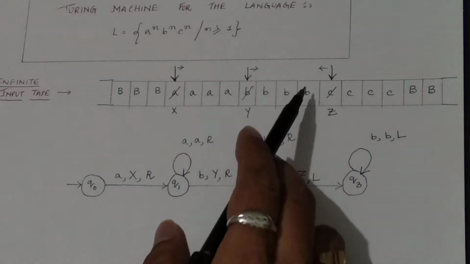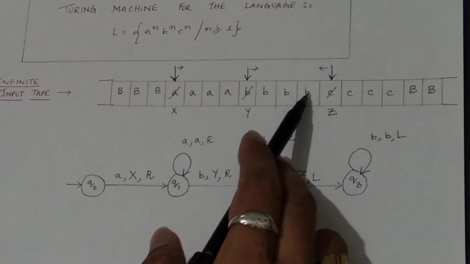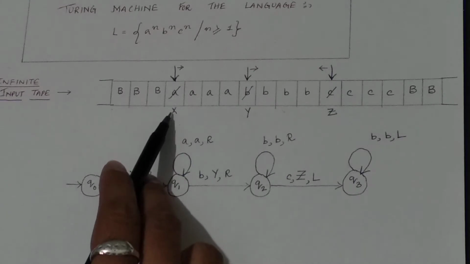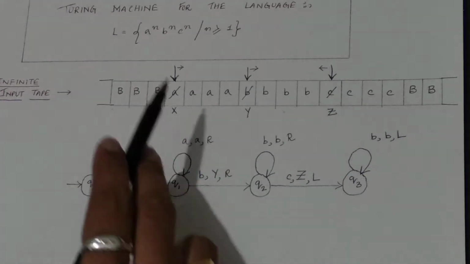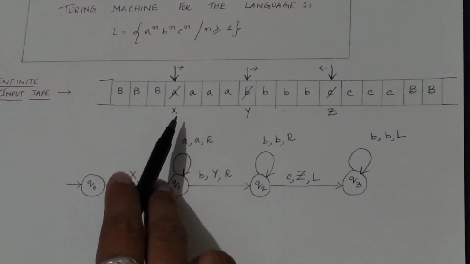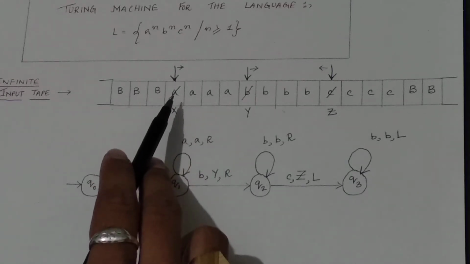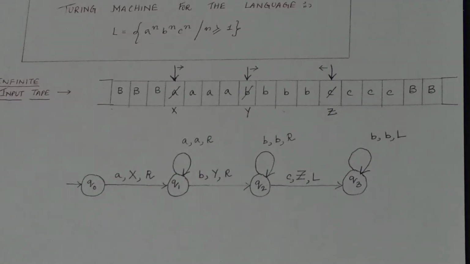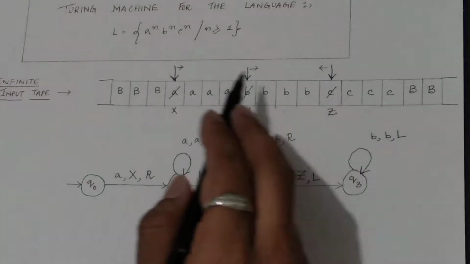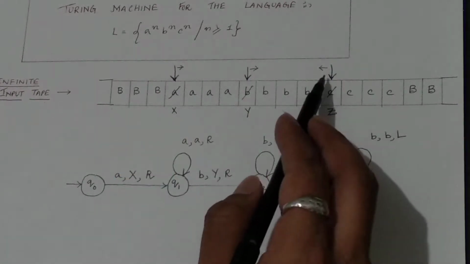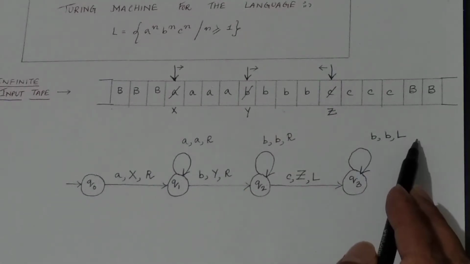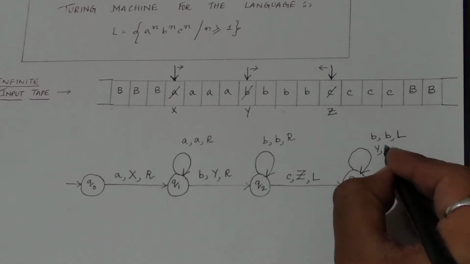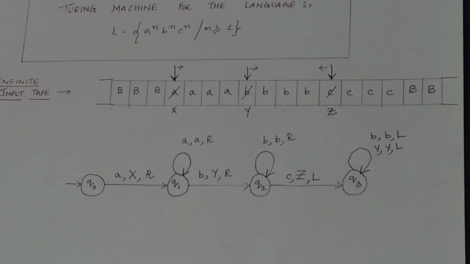Correct? So that means all B's will be replaced, and while traversing back, the tape head will come to which position? It will come until it reaches X, because X was the initial variable which was being replaced on behalf of A. Correct? So the tape head will come until it reaches X. Clear? While coming towards X, it will overcome B. Correct? It is already been scanned. Then after B, it will reach Y as well. So on seeing Y, replace by Y and move in the left hand side direction.